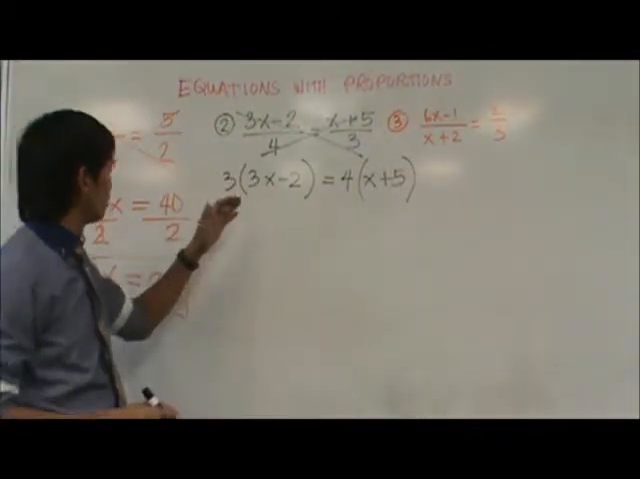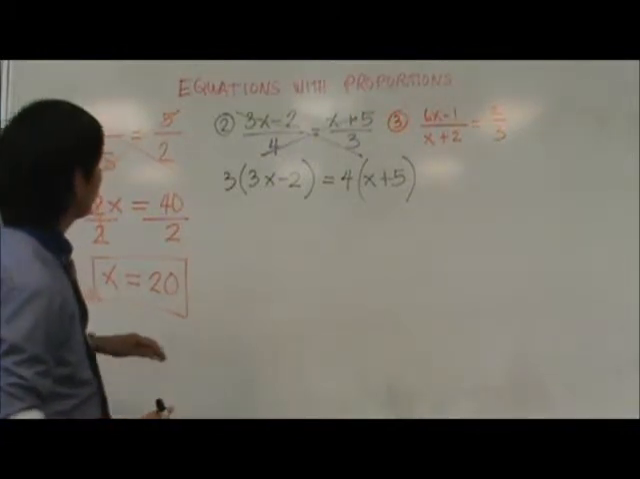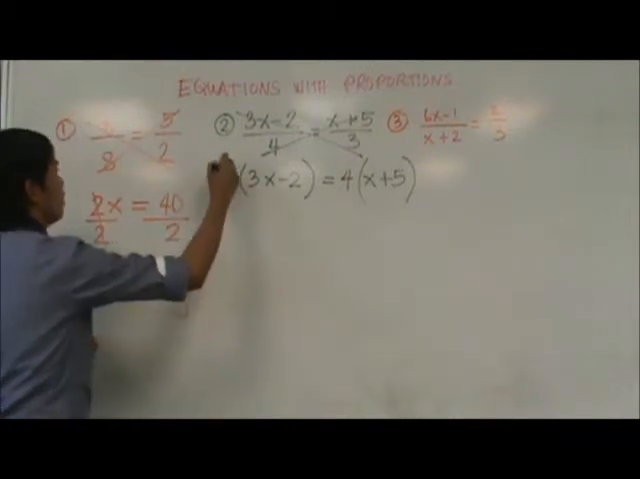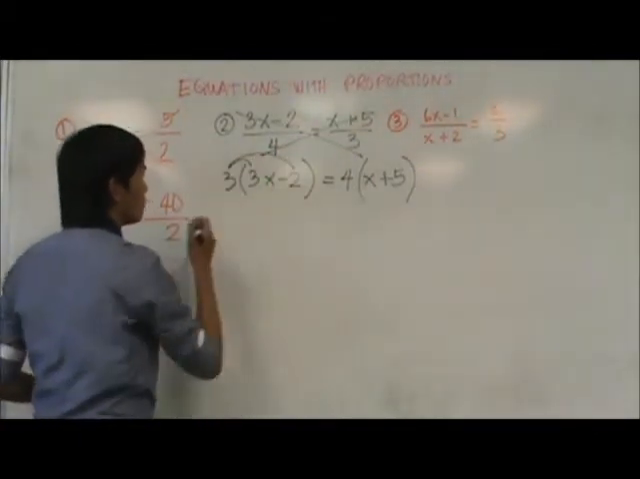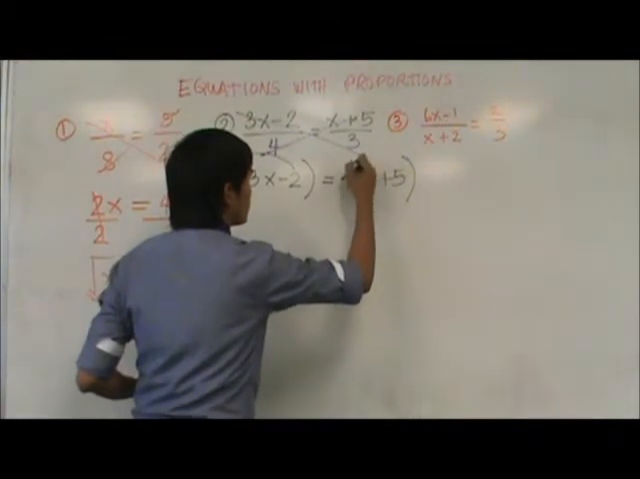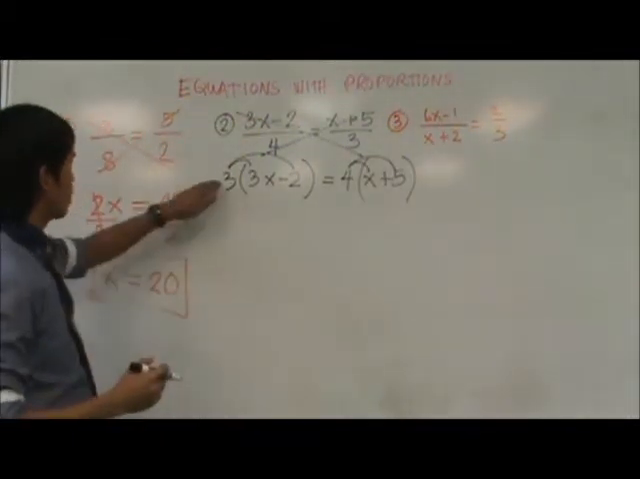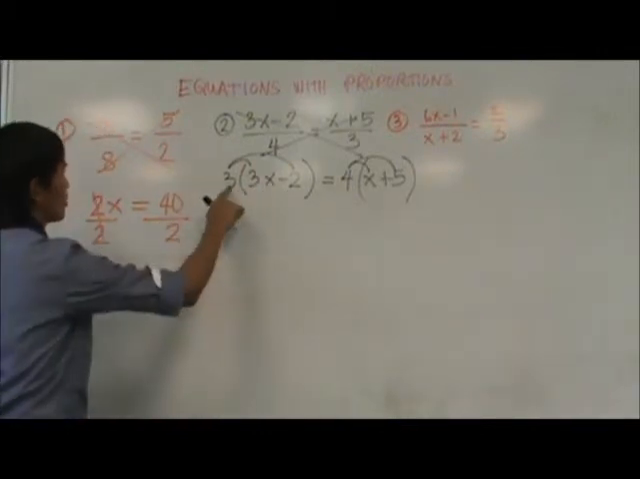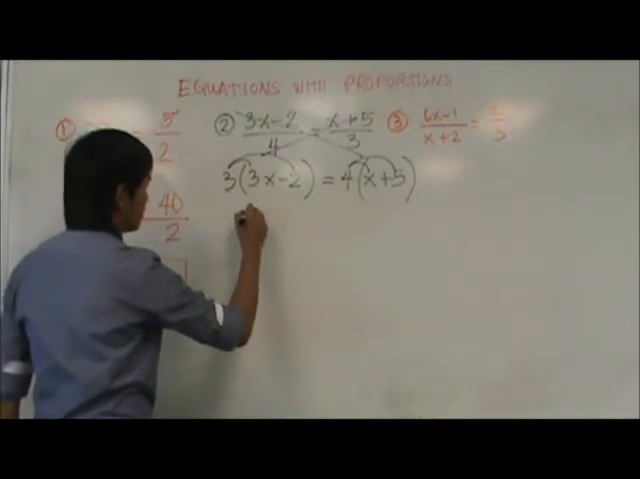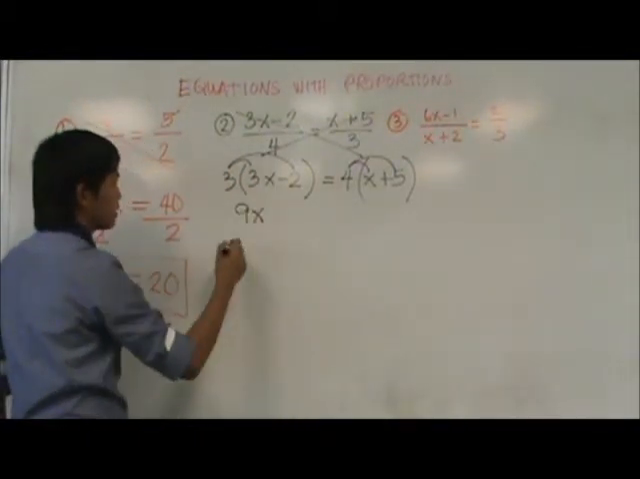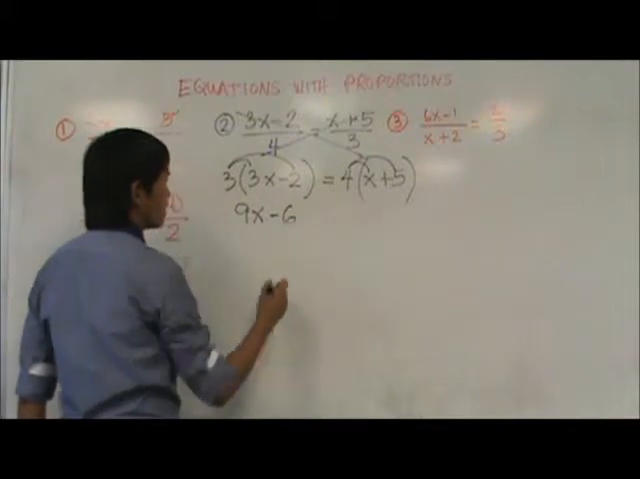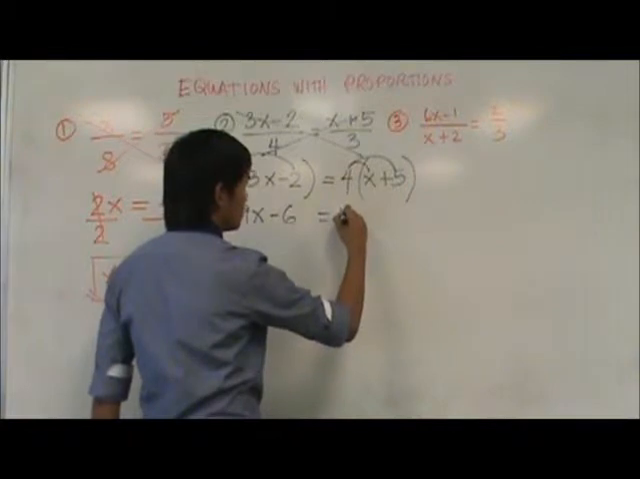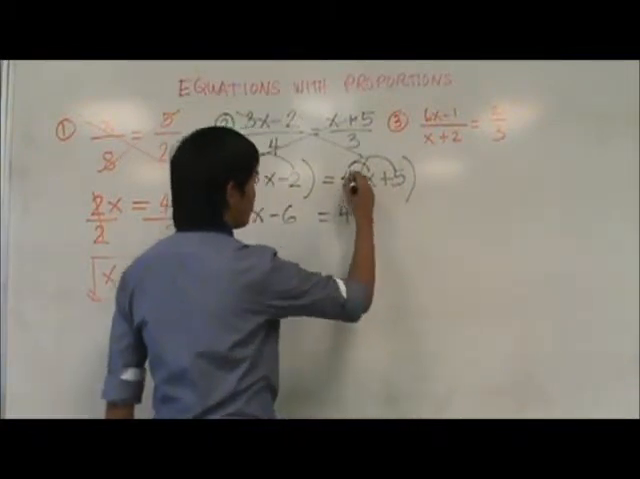Now, we all learned from last 2 weeks that if you have parentheses and a number before the parentheses, all we have to do is distribute the number beside the parentheses by multiplying 3 to the terms 3x and minus 2. So 3 times 3x is 9x. 3 times minus 2 is minus 6. Here we go, equal to 4 times x is 4x, and now we have 4 times